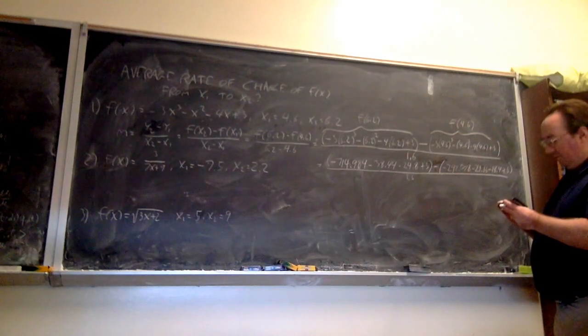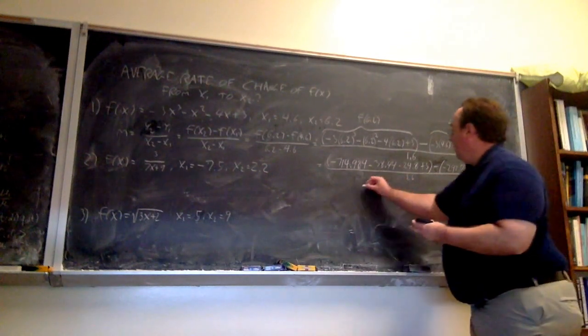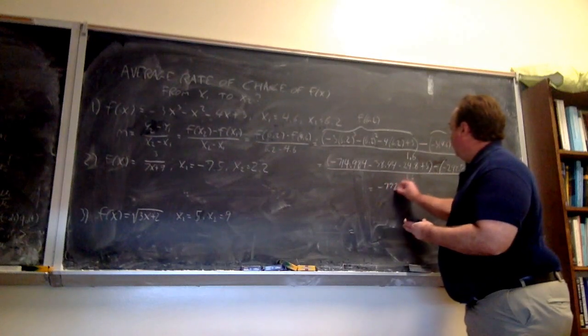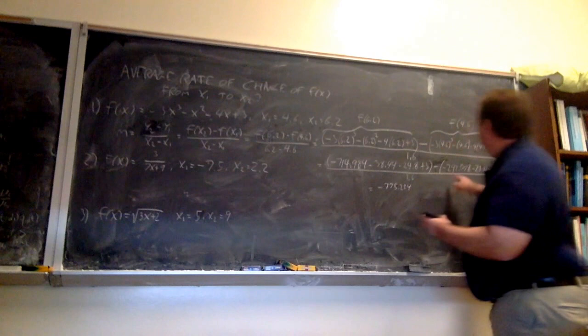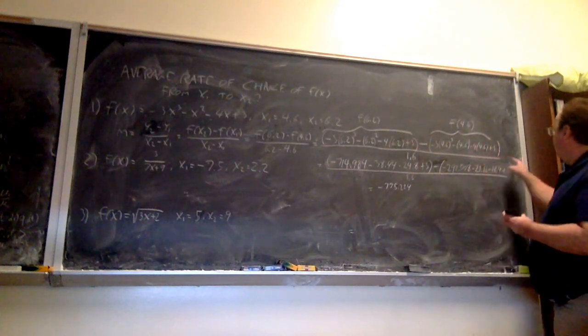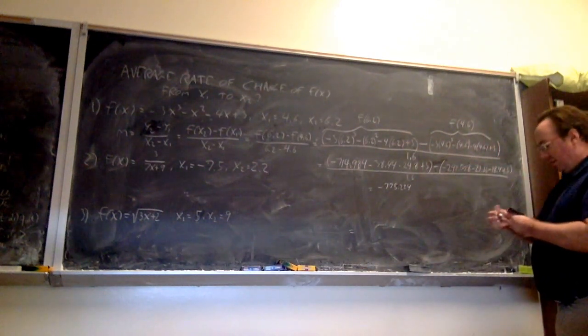Minus 38.44, minus 24.8, plus 3. So we have minus 775.224, and then working out what's in parentheses here, I have minus 292.08